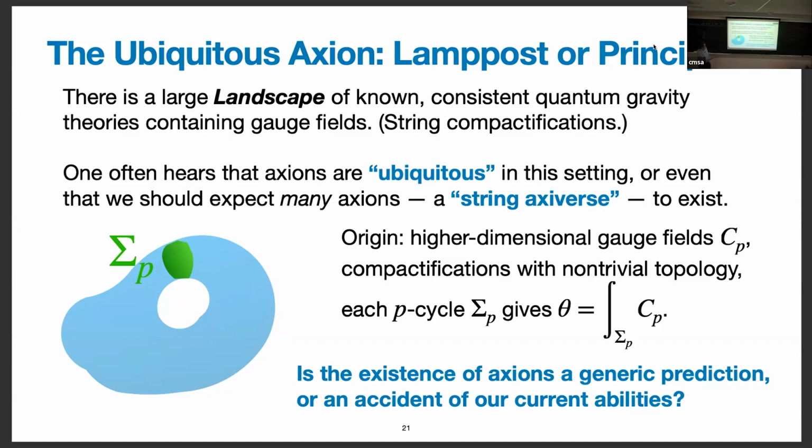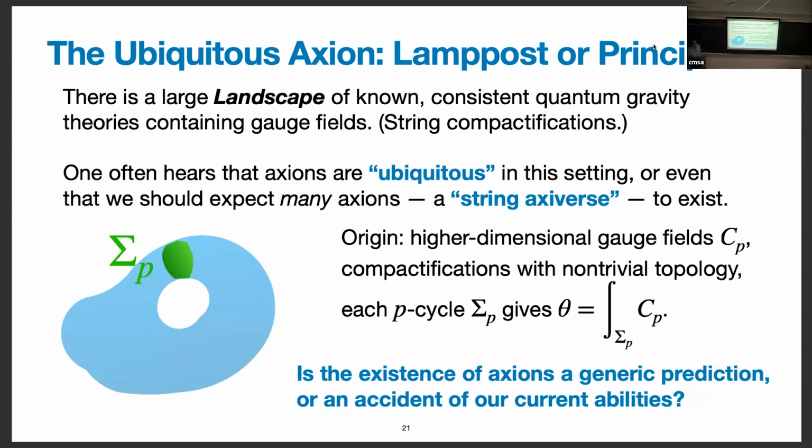These come from starting with some complicated higher dimensional geometry and integrating the different higher dimensional gauge fields over different dimensional cycles. And if your topology is complicated enough, a single higher dimensional gauge field can give you many axions because there are many different cycles you can integrate it over. Now, a thing that I have wanted to know for a long time is how seriously should I take these words people say about these being ubiquitous? Is it really a prediction of string theory that an axion should exist in our universe? Or is it sort of a looking under the lamppost thing that we build some particular constructions and we find them there and we just don't know enough to ask the question in general?